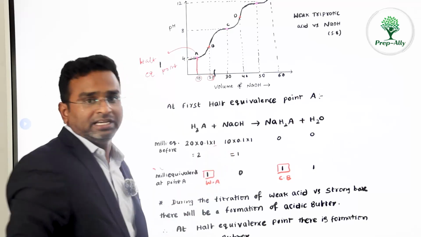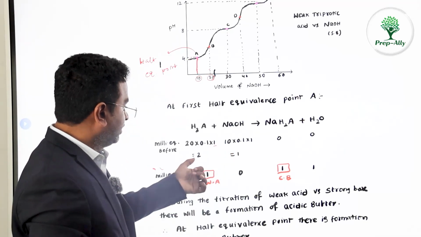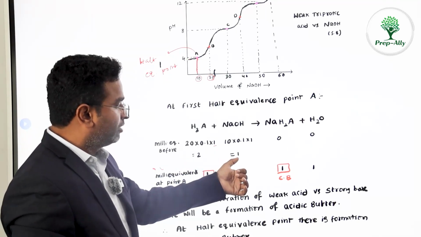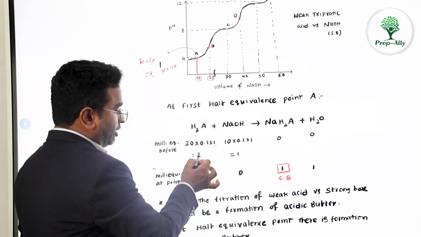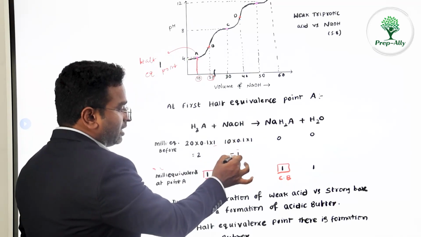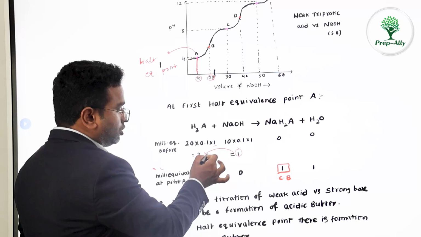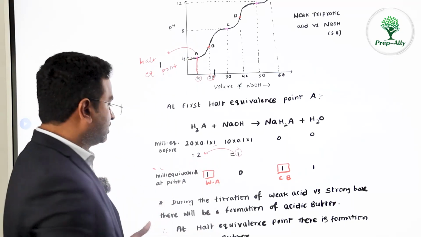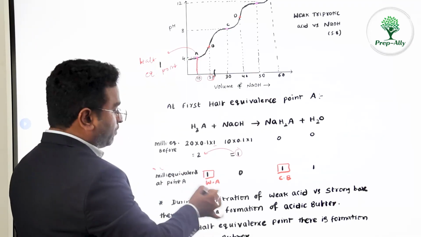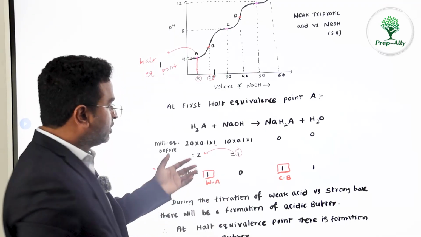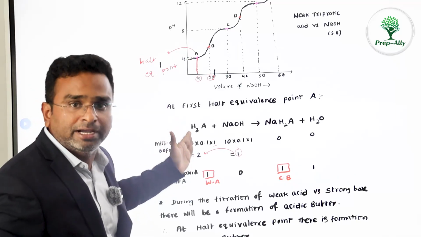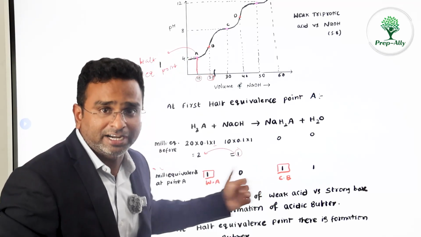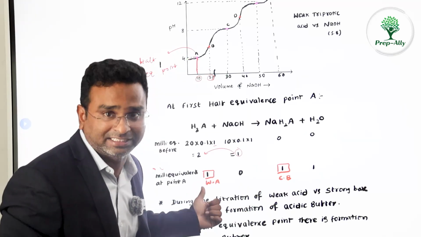And then NaOH, N factor is 1 obviously. So when you are taking 20 into 0.12 milliequivalents, and here 1 milliequivalent of NaOH, because half equivalence point means the moment when you are adding 1 equivalent of NaOH to a triprotic acid whose total milliequivalents are 2. So at a half equivalence point, half of this weak triprotic acid will react to form its corresponding salt and the remaining half remains excess unreacted.